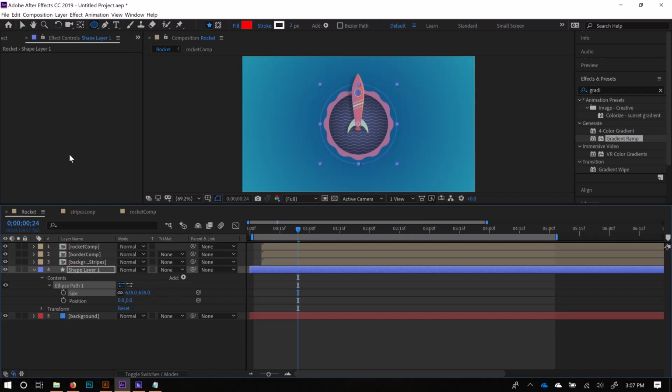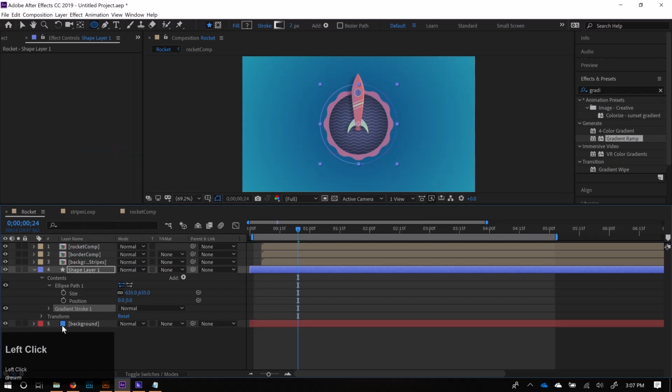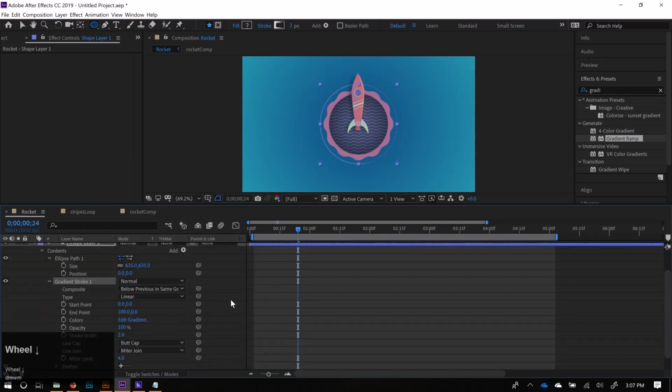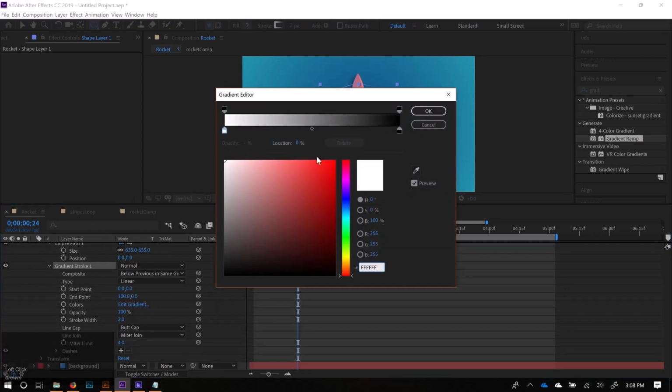Looks pretty good. All right, so next we're going to give this a color. So we need to give it a gradient stroke, or just a regular stroke. I'm going to go ahead and put a gradient stroke because that's what I did before. So gradient stroke. I'm going to edit the gradient. So for the colors, we'll go ahead and put, let's see, for this one, I'm going to select this one,